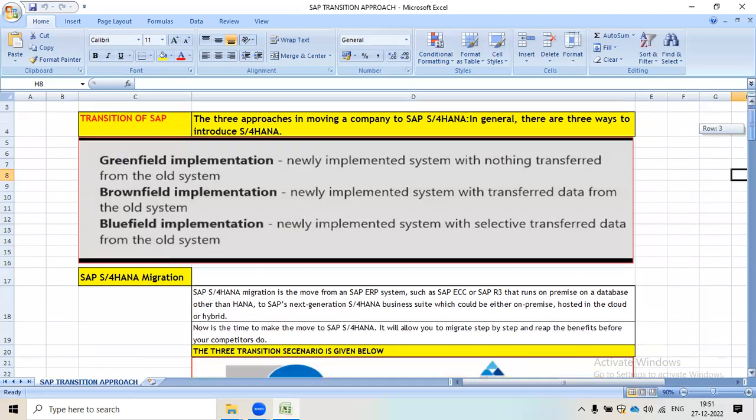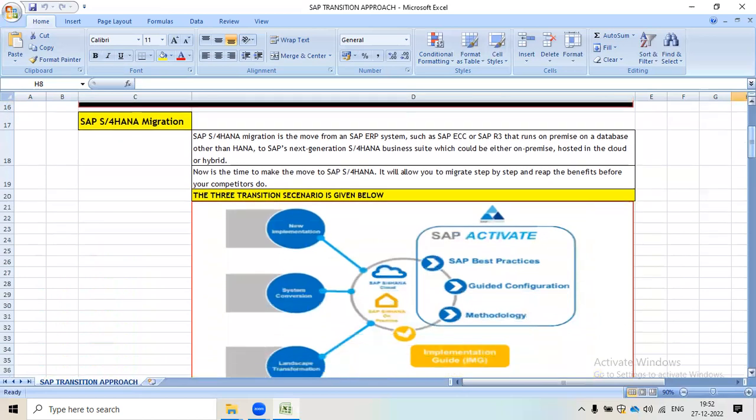Now I'm coming to the next topic: SAP S/4HANA migration. If a client wants to migrate from one SAP server to another, what can we do? SAP S/4HANA migration is the move from an ERP system such as ECC or SAP R/3, running on premises on a database other than HANA, to the next-generation SAP S/4HANA Business Suite, which could be on premises, hosted in the cloud, or hybrid.